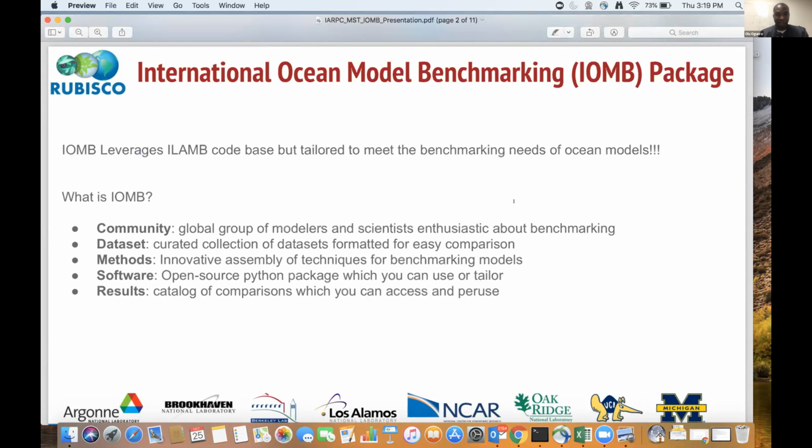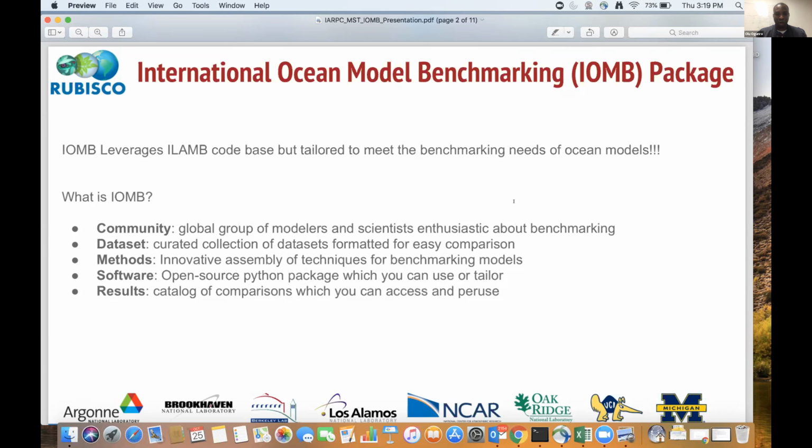You will hear the term ILAMB or IOMB tossed around a lot, and we really want to define exactly what we're talking about. In this case, the IOMB could mean the community of people, the scientists coming together to look at the benchmarking of the ocean model.